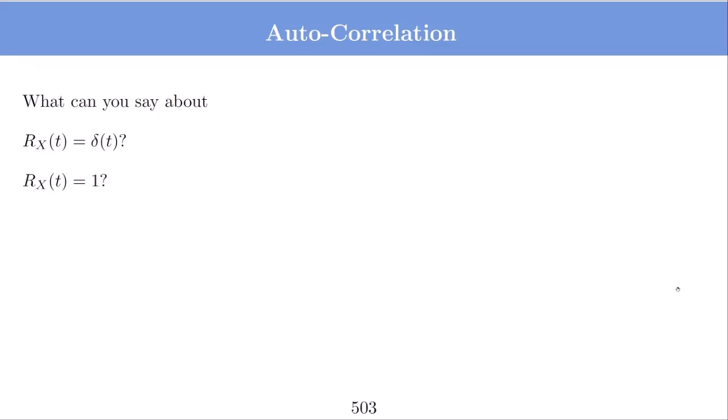So let us see this example. Suppose R_X(t) is delta(t). How does this look? It means whenever t is 0, the delay is 0 between the two time instants, and you get a very high value of correlation, and at the rest of the places it is 0. So when the delay is 0, you are looking at X(t1) and X(t2) being the same. In that case, there is enough correlation. And then as soon as you change the time a little bit, going from t to t plus delta t, the autocorrelation becomes 0. It means the signal may become totally independent.